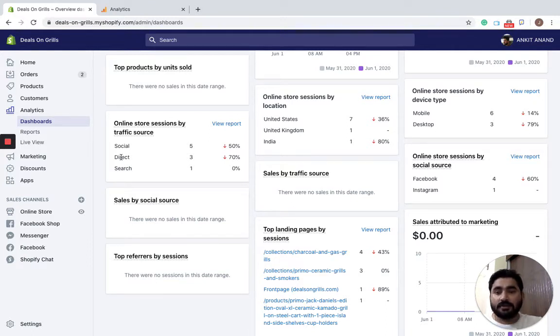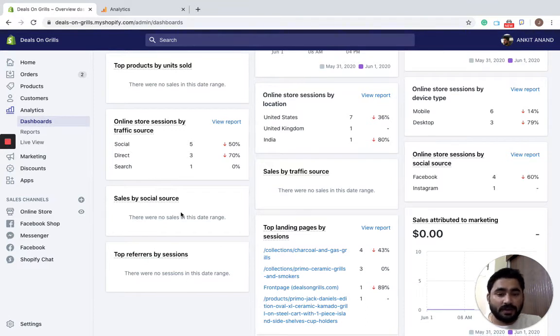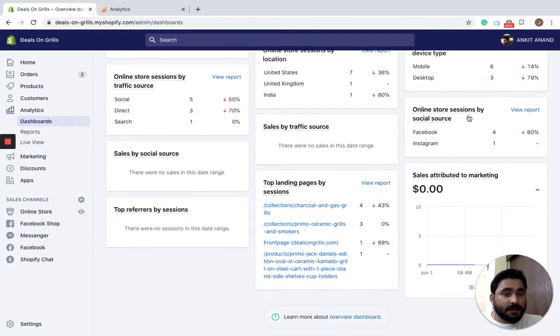If people are coming from social platforms like Facebook, Instagram, Snapchat, TikTok, there can be two ways: either you are running ads or you are running some organic campaigns and have a lot of followers. So this happens in two ways. Now see which social platform is providing you the maximum traffic.